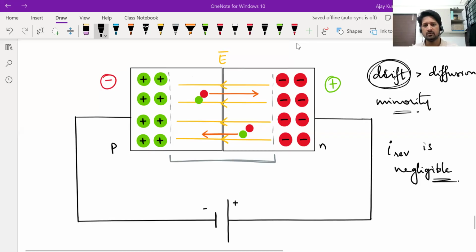Even if you, okay, a larger blockade in reverse bias. Blocking of what? Anyway, you